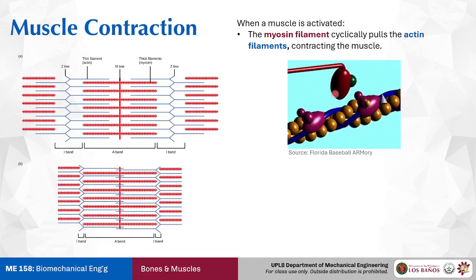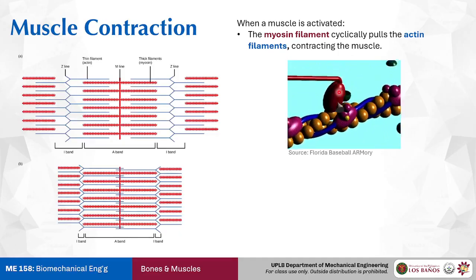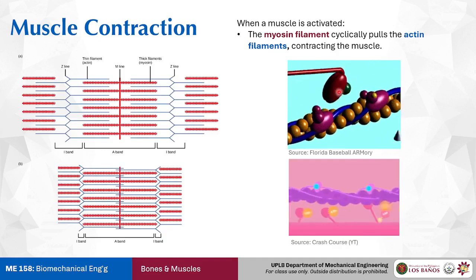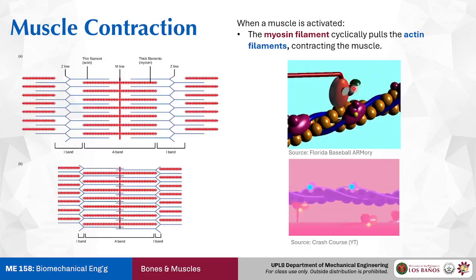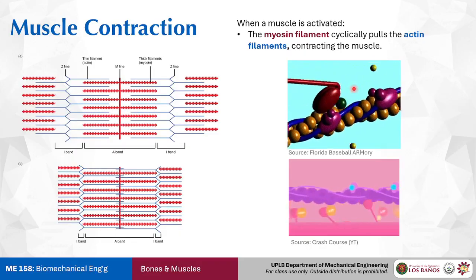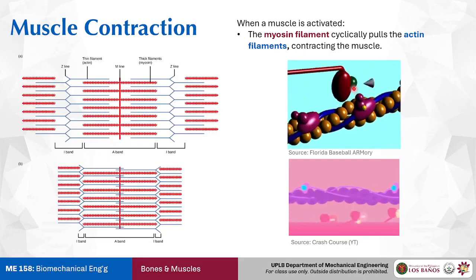Yeah, I believe that flashing is indicative of the ATP that the myosin head is absorbing. Here is a crash course version, which I think makes the absorption of the ATP more obvious. So the ATP allows the myosin heads to get the energy to pull on the actin, and then it moves on to contract the muscle, etc.